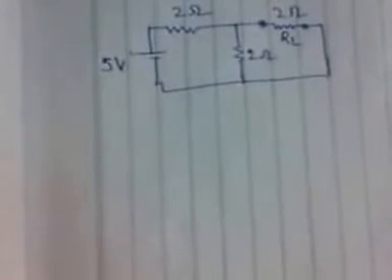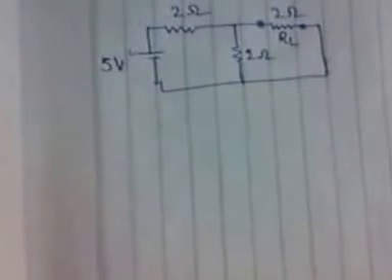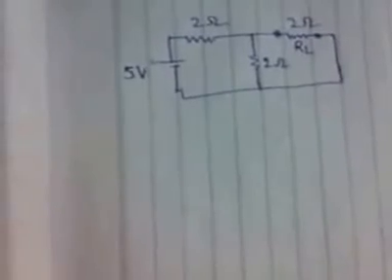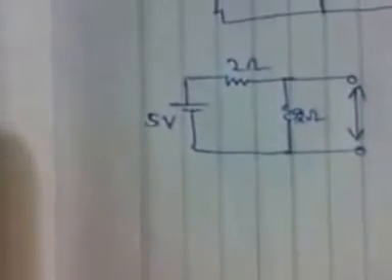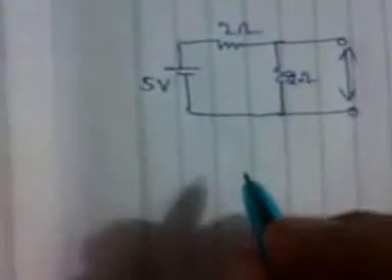Let the load resistance be RL, across which you have to apply the Thevenin's theorem. How will we do this? We will open this load resistance. When you open this load resistance, you need to find out the voltage across this open terminal. For example, then you will have the condition: you have a 5-volt supply, a 2 ohm resistance, here a 2 ohm resistance, and you need to find out the voltage across this 2 ohm resistance.